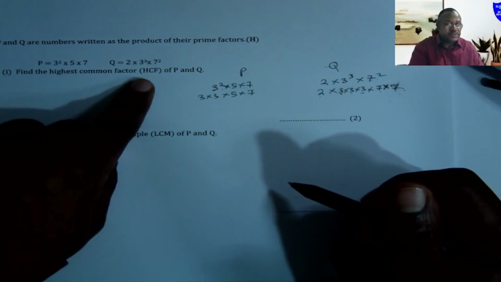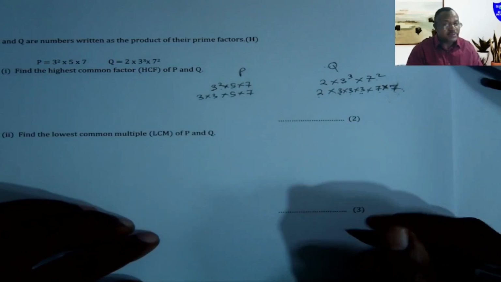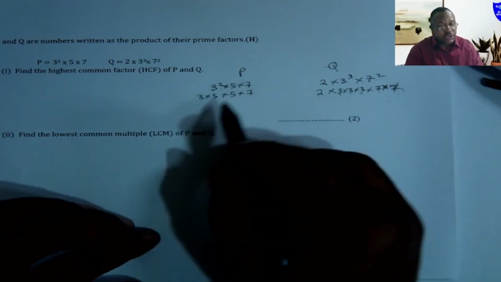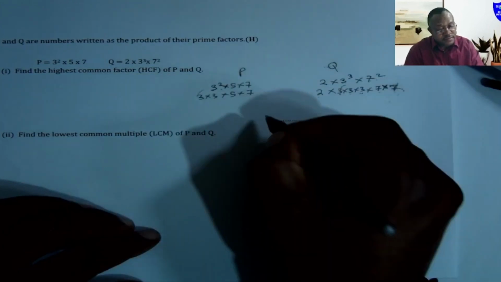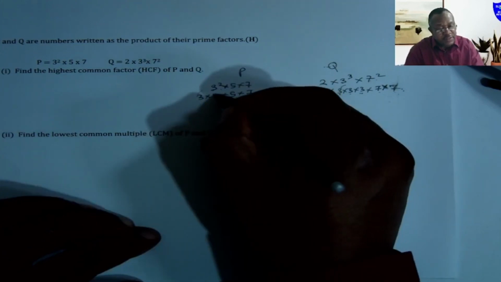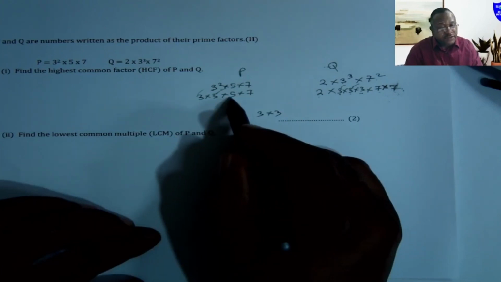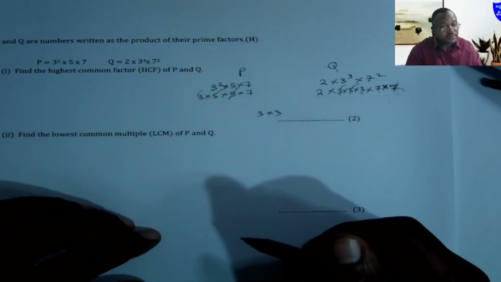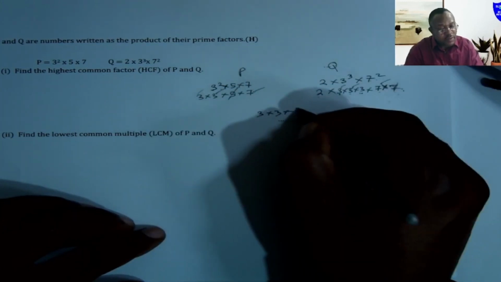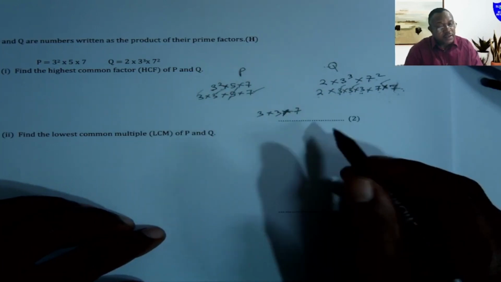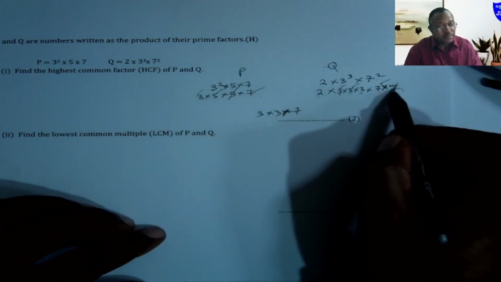We are trying to find the highest common factor. Remember, we only take those that are common from both sides. 3 is common, we've got 3, 3. We've got another 3 and another 3 there. 5 is not common, we leave it out. 7, one 7 there is common. This other 7, we don't have a corresponding 7 there, so only one 7 is common, and two 3s